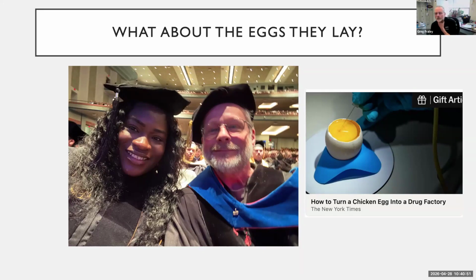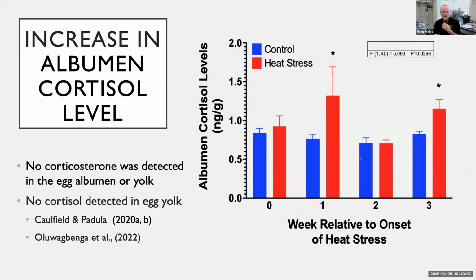So one of the things we did early on with this heat stress is we were measuring glucocorticoids in the eggs, and we use mass spectrometry for all of our amino acids or our neurotransmitters and glucocorticoids, at least in the egg, and we found some interesting things.